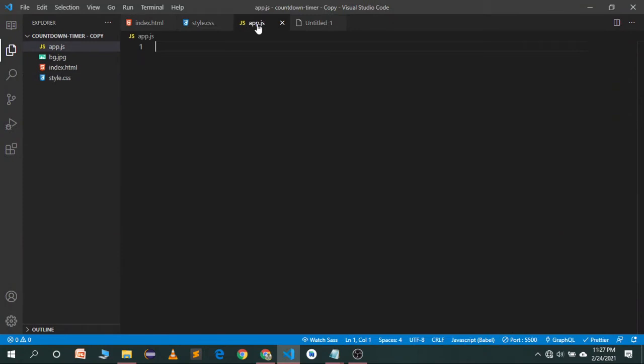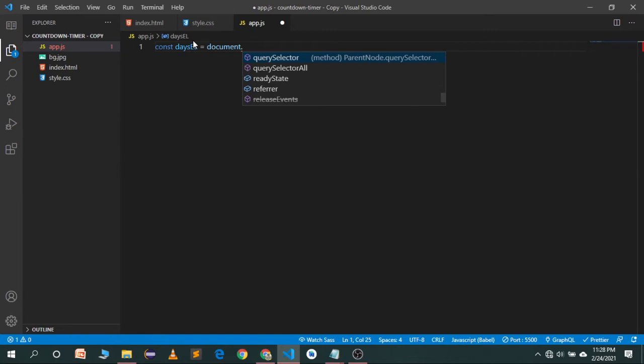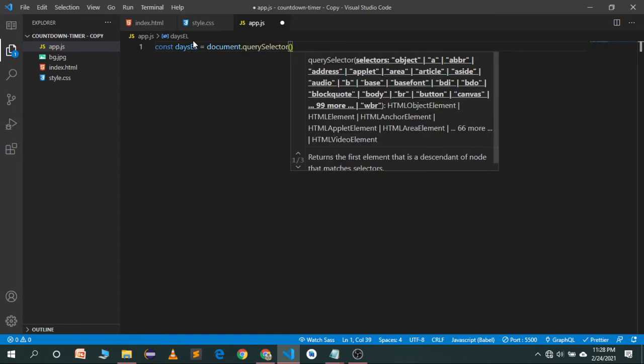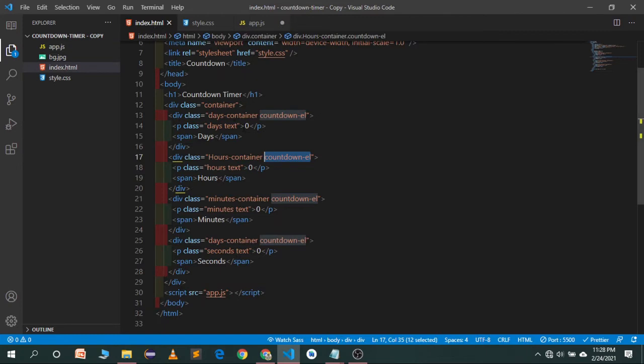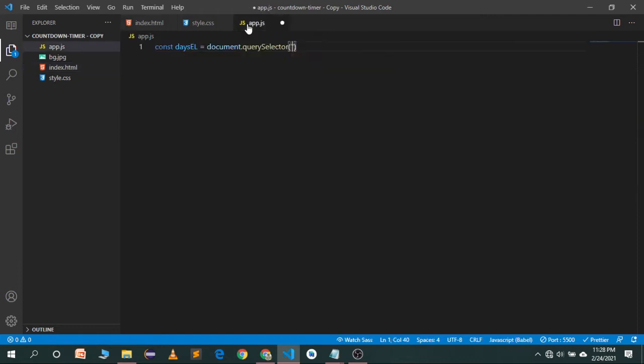So let's move to our app.js. So here first of all I will import all of the values. First one will be days element, and it will be document dot query selector, and first of all we want to select the days. So for it we have a class name of dot days. I will copy this